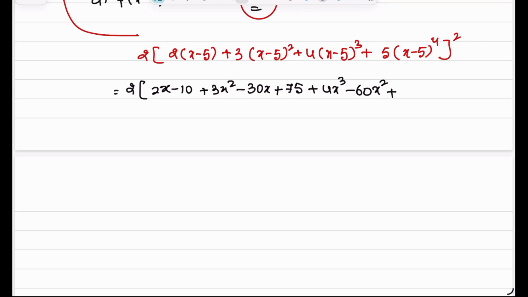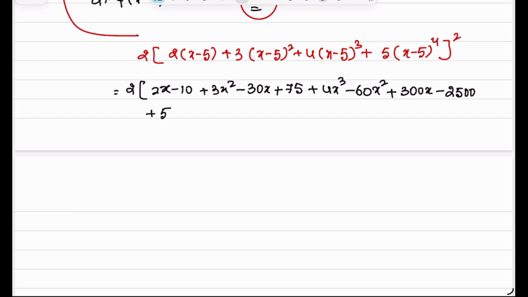A is 1, 3x into 25 is 75. 75 into 4 is 300, 300x minus 4 into 5 into 5 is 125. 125 into 5 is 625. 625 into 4 is 2500